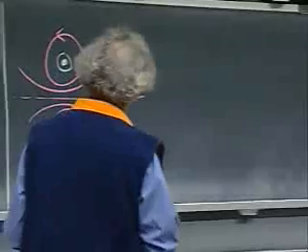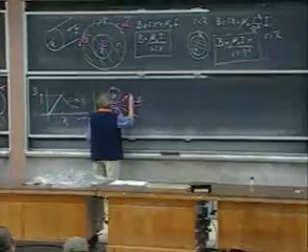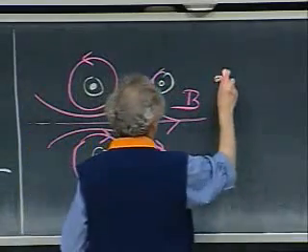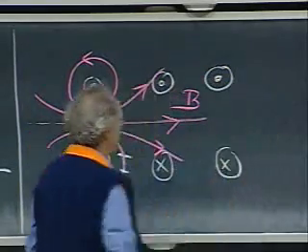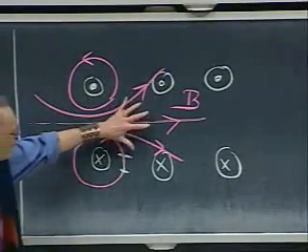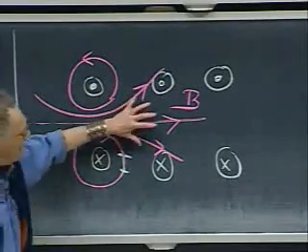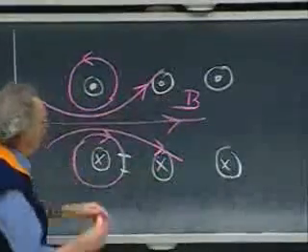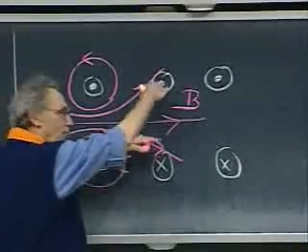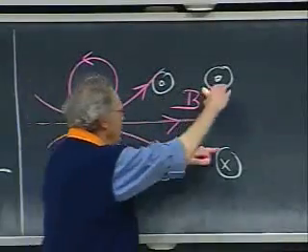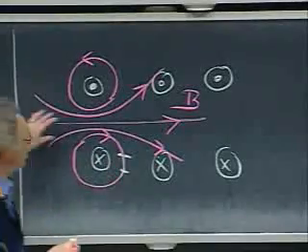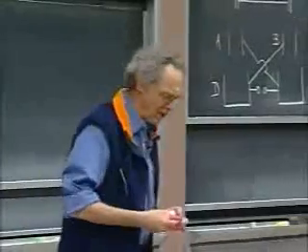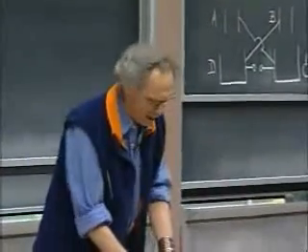But now imagine that you put another loop here, current again coming out of the blackboard and going into the blackboard, and another one, and so on, several. What do you think is going to happen with these magnetic field lines which now diverge? They're going to be sucked in here. This loop also wants the field lines to come through its circle, so to speak, and this one too. And so you're beginning to get a near constant magnetic field. And the more tightly these loops are wound,